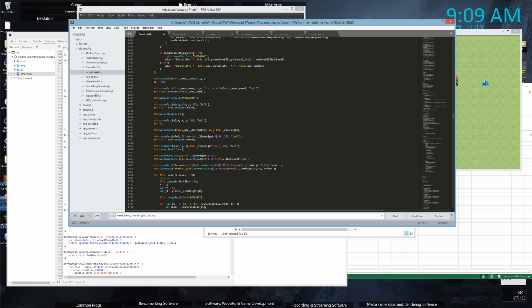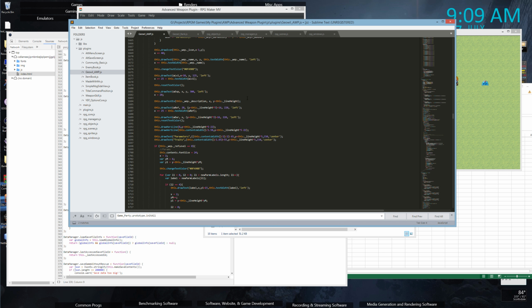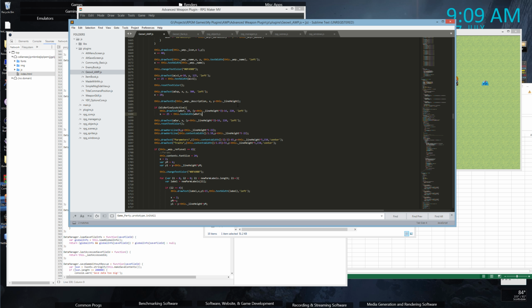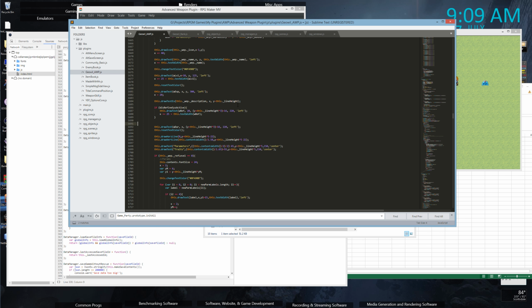So now, weapon experience, definition, refine. Here we are. If B is refine sys active, so if